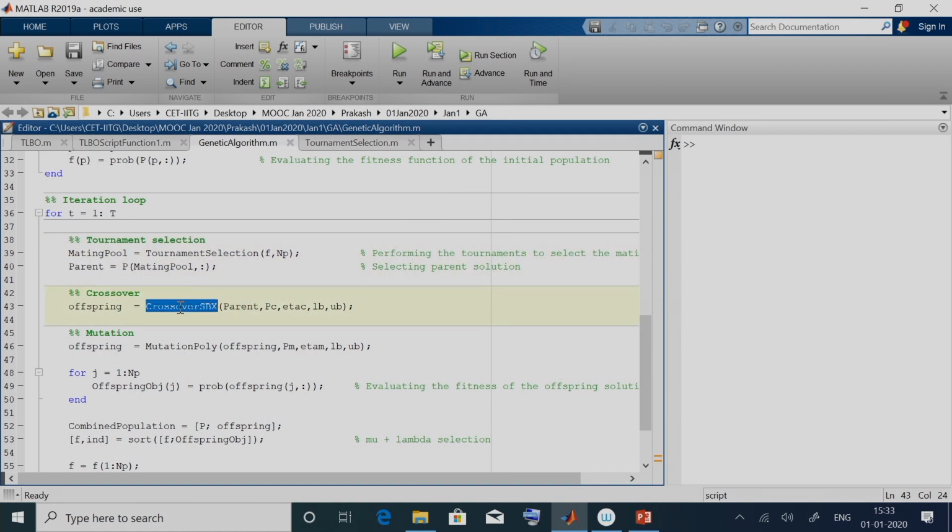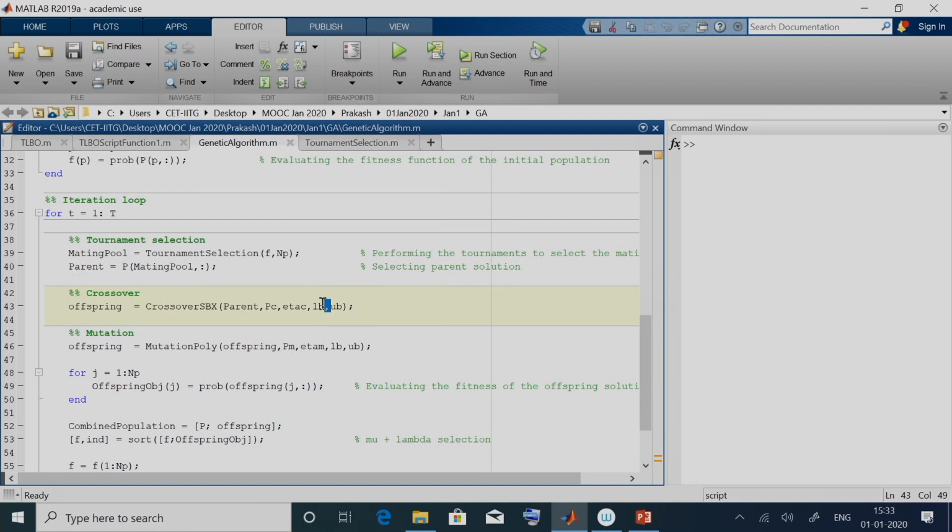Coming to this SBX crossover operator, there we will have to pass on the values of the parent. We will have to give the crossover probability, which determines whether crossover needs to happen for a particular pair or not. This eta c is the crossover index which will be required in the equation for the SBX operator, along with the lower bound and the upper bound.